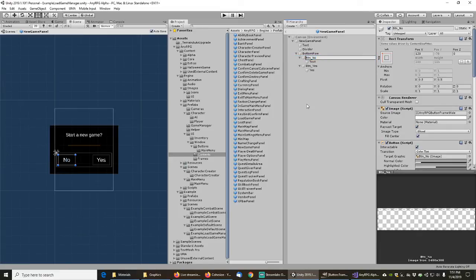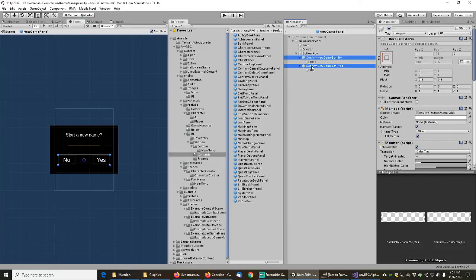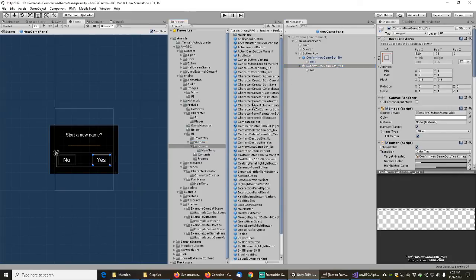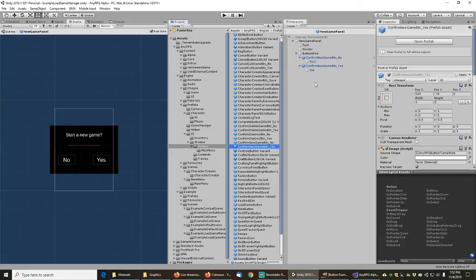And this is confirm new game button, no. Confirm new game button, yes. Grab both of those. I guess we can't pull two things at once into the prefabs. Nope, okay. Alright, and